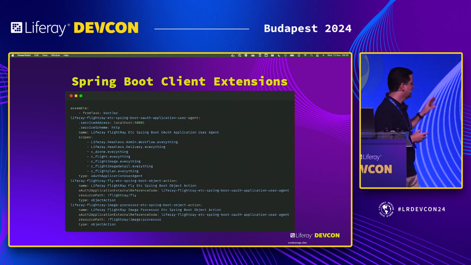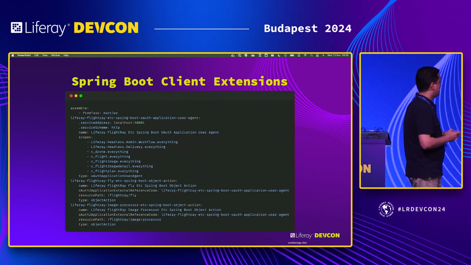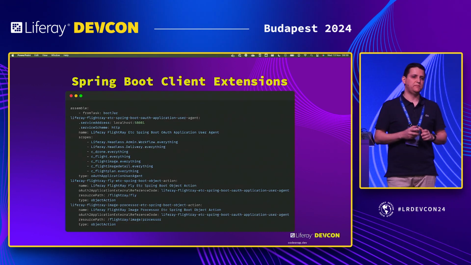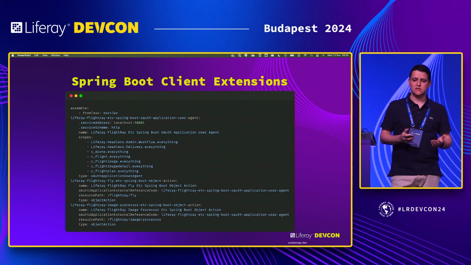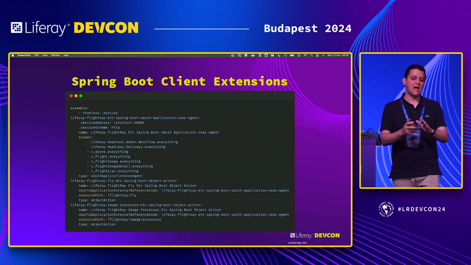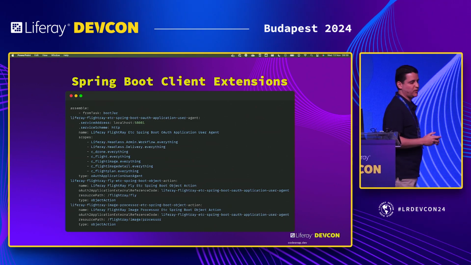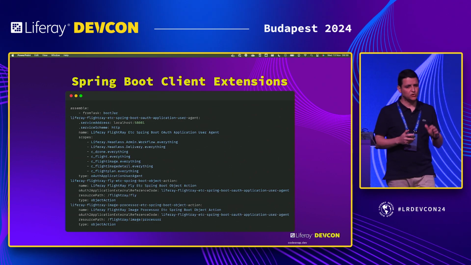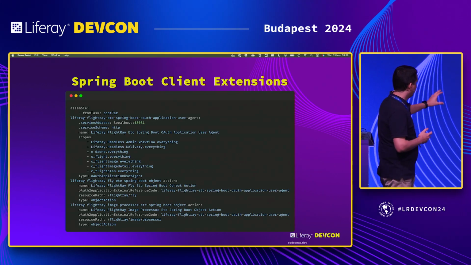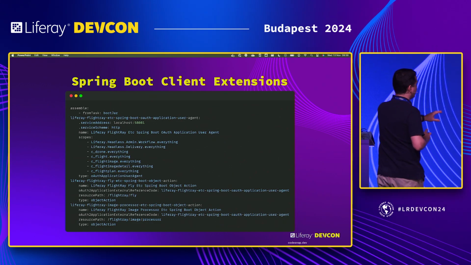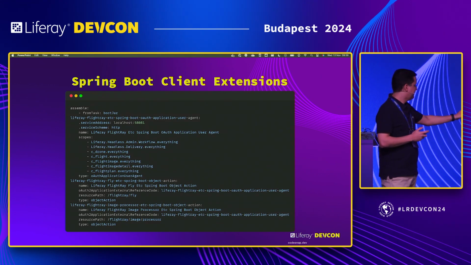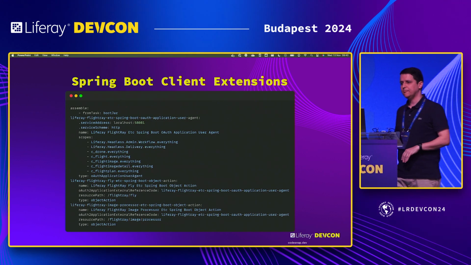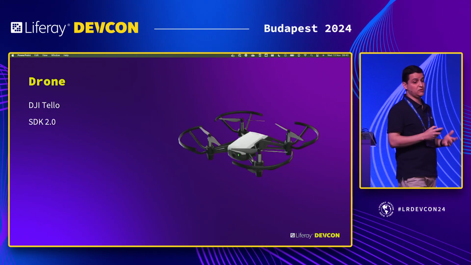This is the client extension YAML file. So basically, there is a Spring Boot application, but we could implement it using Python or Node.js. I implemented it using Spring Boot, and I created some objects to store data and connect to these things. And there are just two object action client extensions, Liferay fly and image processor.